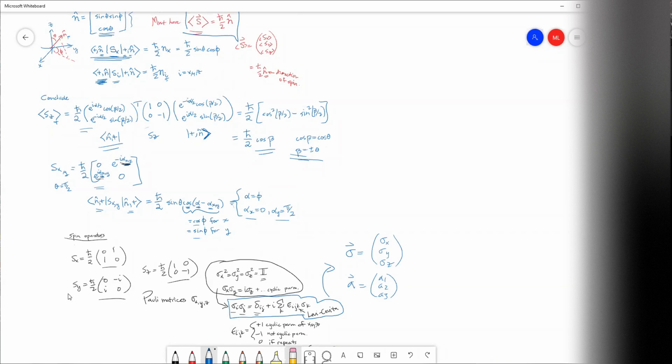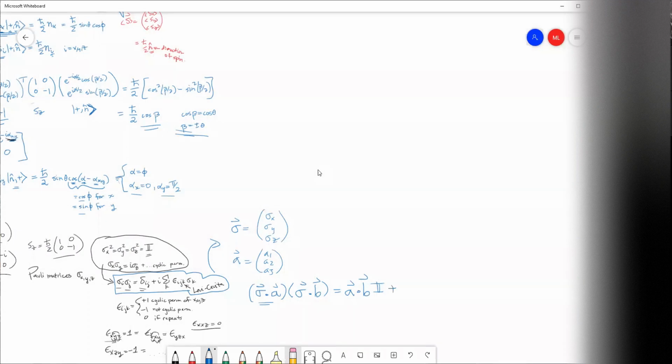And then there's this nice relationship that if you take this, which is just a linear combination of sigma x, sigma y, sigma z, and you multiply it by some other linear combination of sigma x, sigma y, sigma z, what you end up getting is the dot product of the two vectors, times the identity operator,